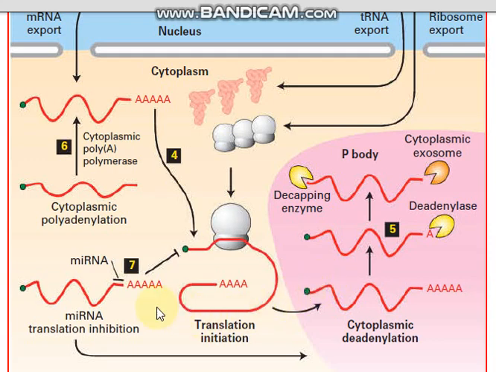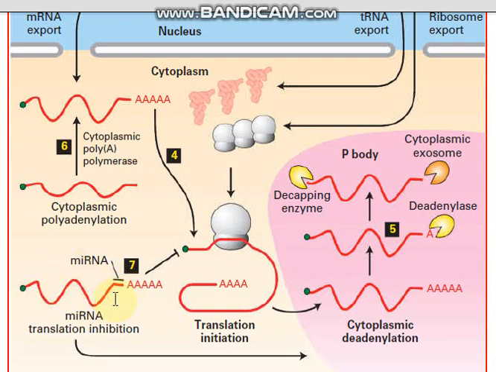Now one more thing occurs here: if we don't need this mRNA to be translated, then we use a microRNA. This microRNA silences the mRNA molecule from being translated. MicroRNAs are 22 nucleotide RNAs which inhibit translation of mRNAs to which they hybridize, usually in the 3' untranslated region. You can see here this black color microRNA hybridizes with this mRNA at the 3' end, and then this